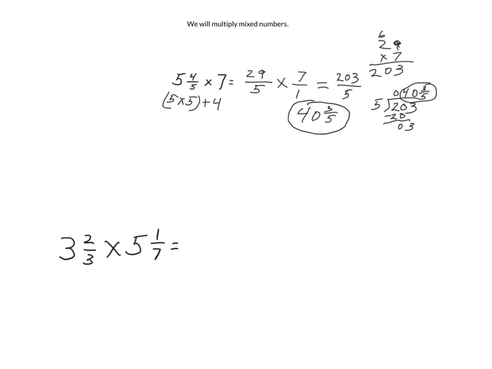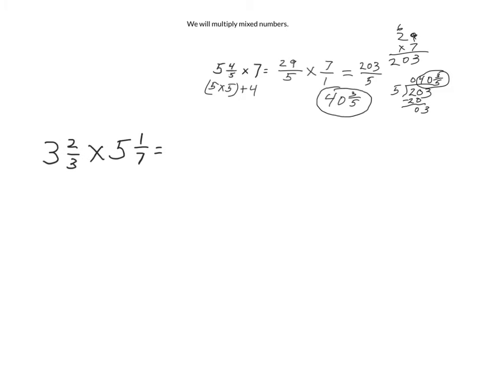Okay, let's take a look at our second problem. So our second problem is 3 2/3 times 5 1/7. So first we have to take 3 2/3 and 5 1/7 and change them into improper fractions. So 3 2/3, we're going to multiply 3 times 3, add that to 2, and that's going to become our new numerator. So that's going to be 11